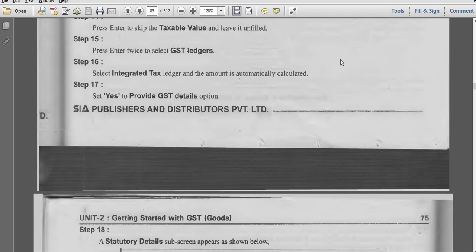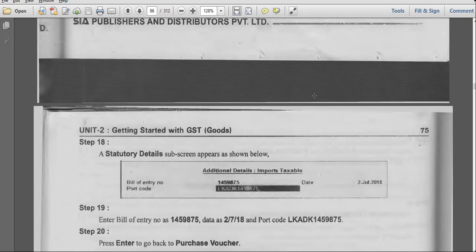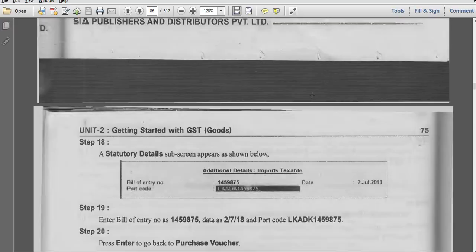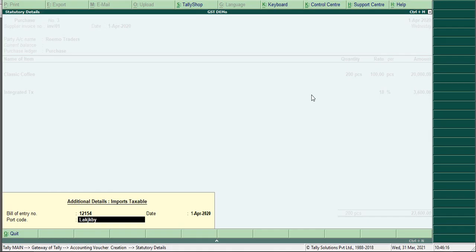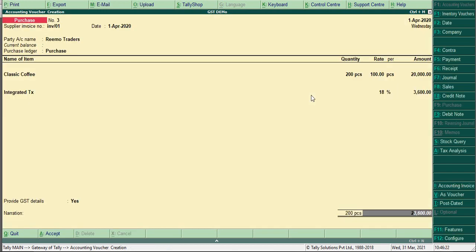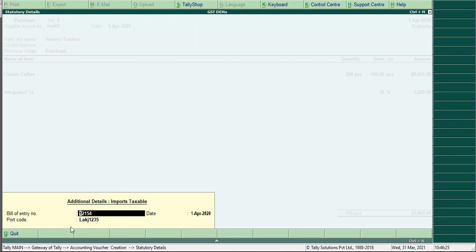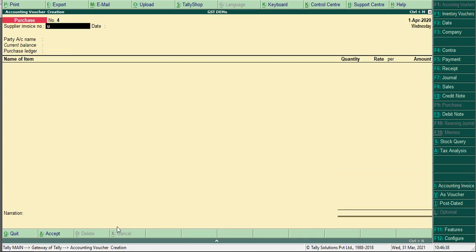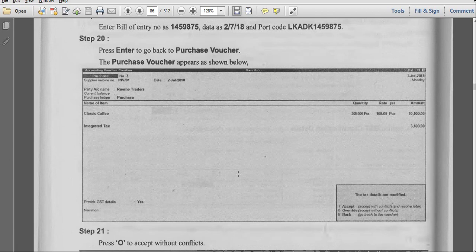Now we'll have a bill of inventory number. Or if you have any bill number, you have to enter whatever the bill number you have, date, and here you have port ID. If you have any port ID, that ID you have to enter from where you are importing. Have you got these options? This is bill of entry number. What is the bill number and date, and here you have to enter the port from where you are importing the goods. Okay, na? So this is a transaction.